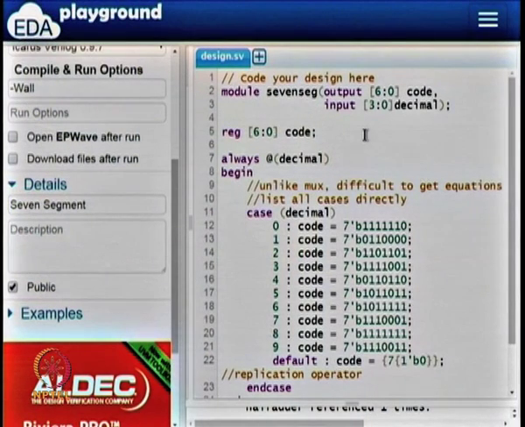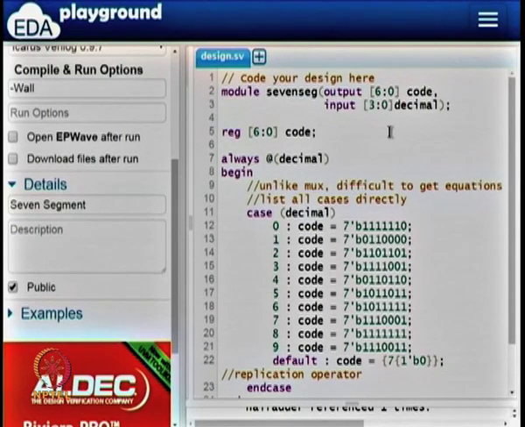Let us start with this. I have already put in the code here for all the Verilog code that I am going to discuss today. I have already typed it in. So let us see this. I am designing a 7-segment decoder. In the 7-segment decoder there is an output for the 7 segments, and it is supposed to take